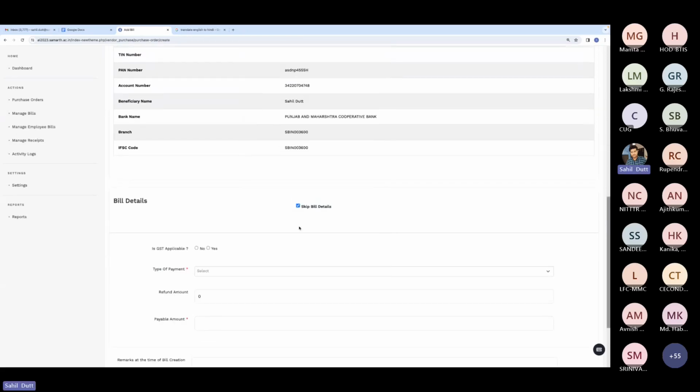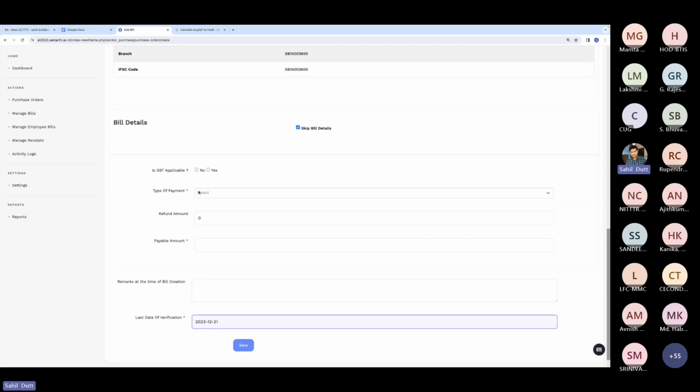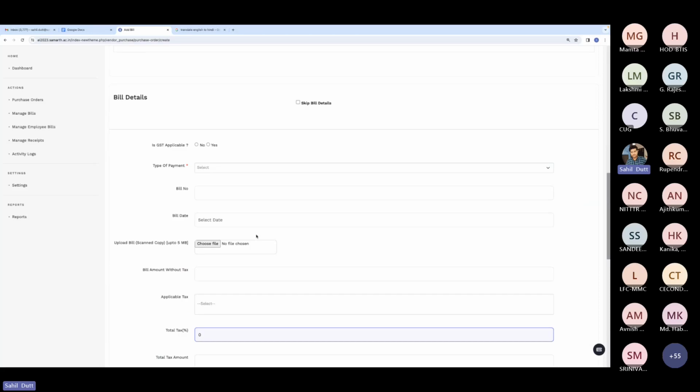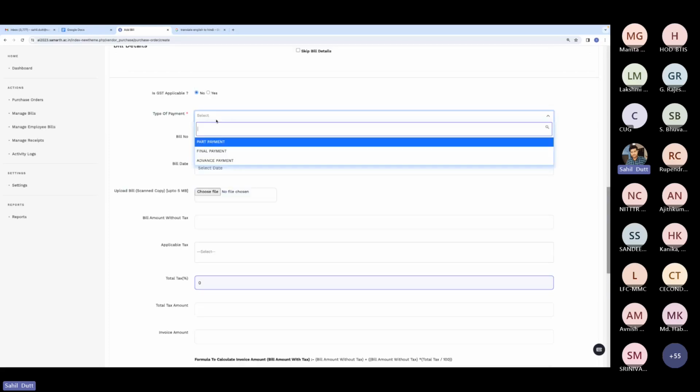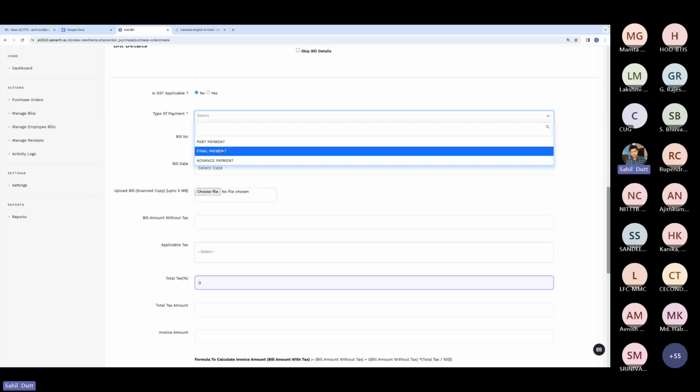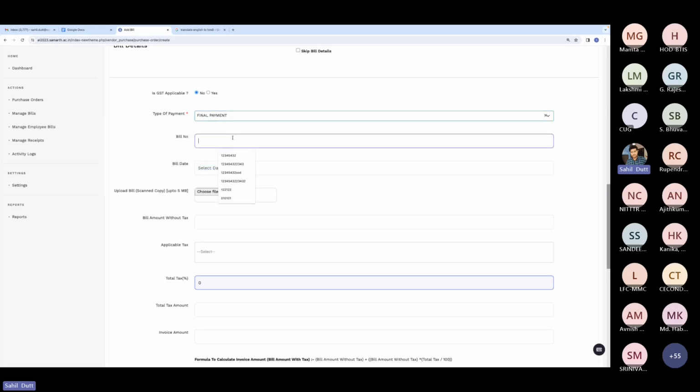If I want to skip the bill details, I just need to enter the type of payment, refund amount, or payable amount. But if I need to add the bill details, then I choose whether GST is applicable, yes or no. Right now I'm keeping it yes, or we can keep it no as well. For the type of payment, there are three types, as we are all aware: part payment, final payment, or advance payment. Right now I'm doing the advance payment. I'm giving the bill number or invoice number,